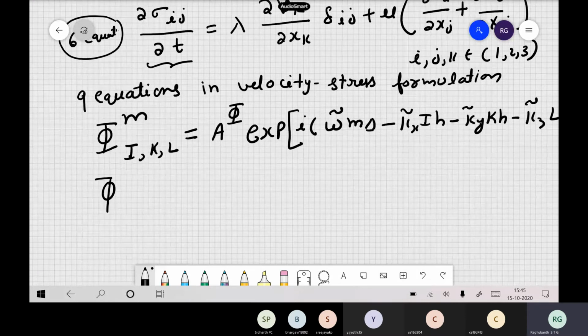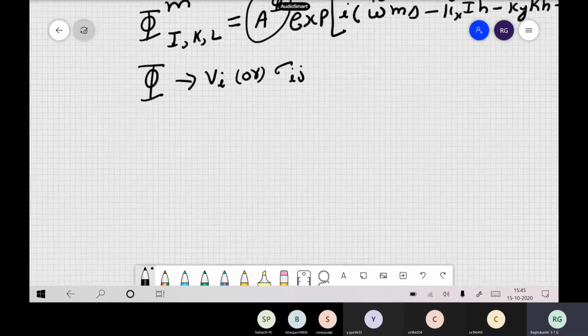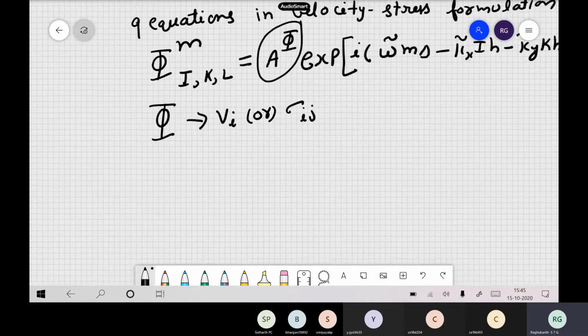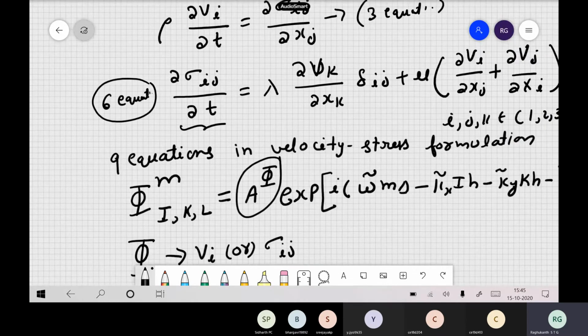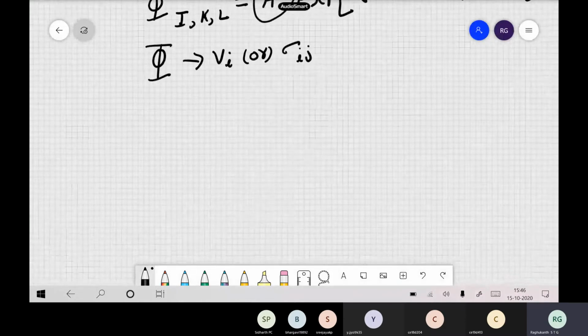So this is 5, say, okay, so they denote V_i or sigma_j. So you have to substitute for V1, V2, V3 the same expression, but this varies actually, okay, only the coefficient varies. So V1, V2, V3, then sigma 1, sigma 2, sigma 3, all those things you have to substitute in those equations. The only advantage we have in the velocity-stress formulation is that all the derivatives, whether it is a time derivative or a spatial derivative, are only first order derivatives. There is no second order derivative which comes in the velocity-stress formulation.